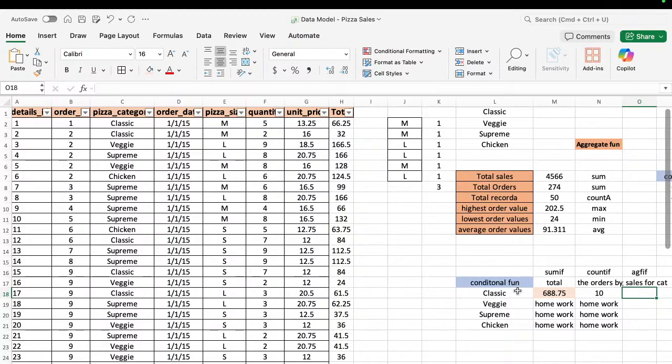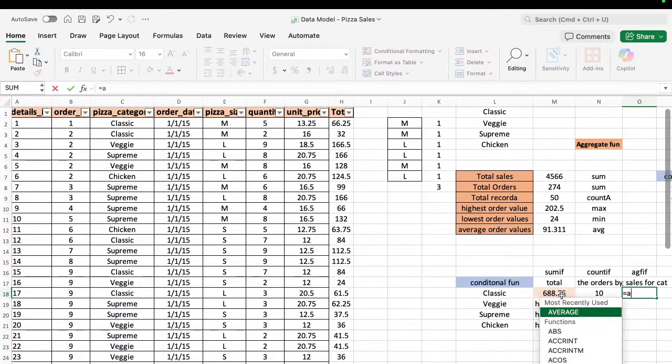Suppose here we want to find out the average sale for the classic. So what we should do, we just type the equal to sign and type the average function,